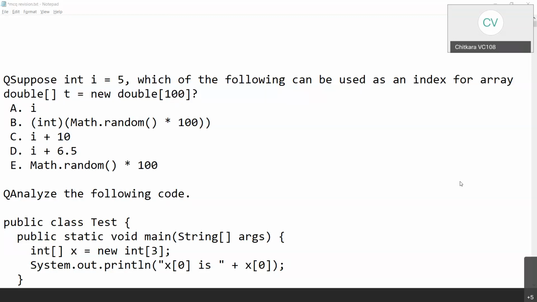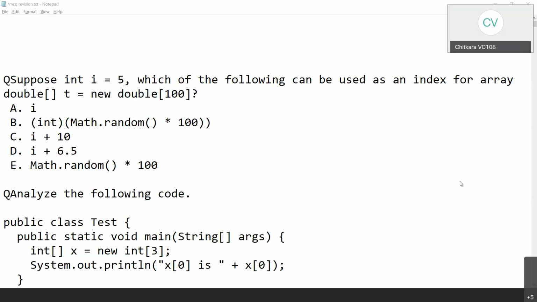The first option, i, is perfectly valid. You could access it using this particular i. Second, (int) Math.random() * 100 could be used, because Math.random() * 100 will give me a value between 0 and 99, and int will give me a valid integer. i + 10 is a valid one: 5 + 10 is 15, within the permissible limit. i + 6.5 will give me the answer in double, which is not an integer value.